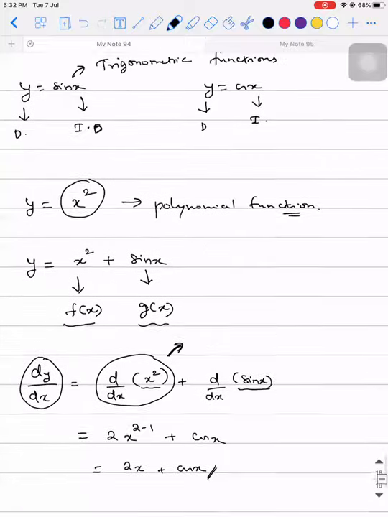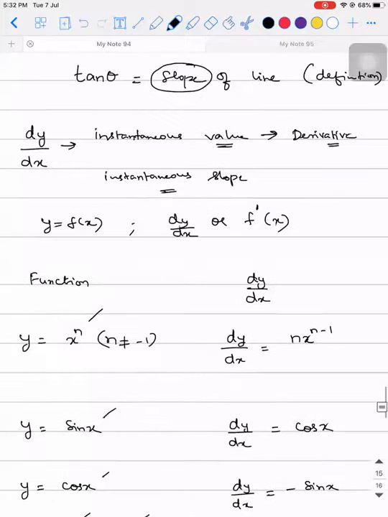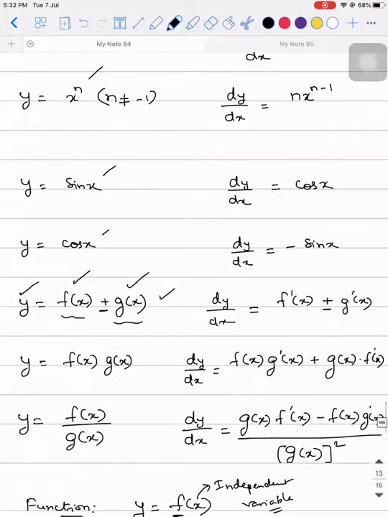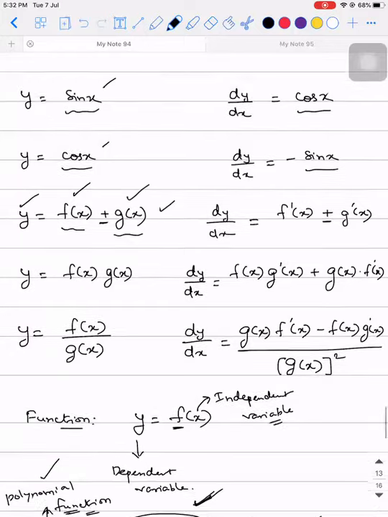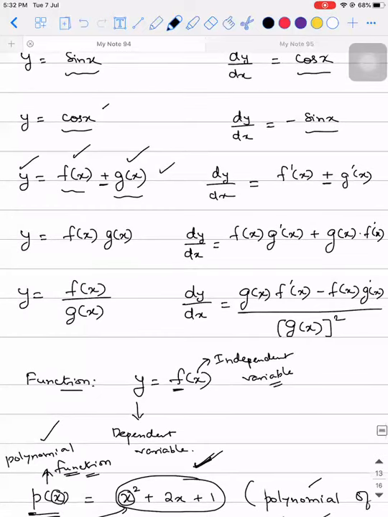Okay, so from next time onwards, don't memorize it like this. From next time onwards, how you should read it is derivative of x power n. If I ask you a question like this, because we'll apply this many times, you should say n into x power n minus 1. If I ask you what is derivative of sin x, it is cos x. Derivative of cos x is minus sin x. Derivative of f of x plus g of x. What is it? How will you read it?